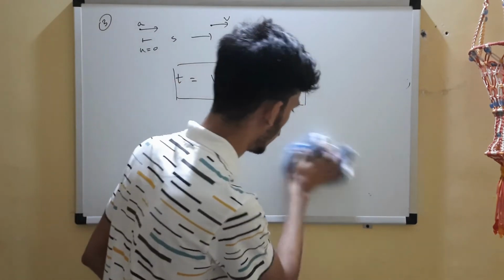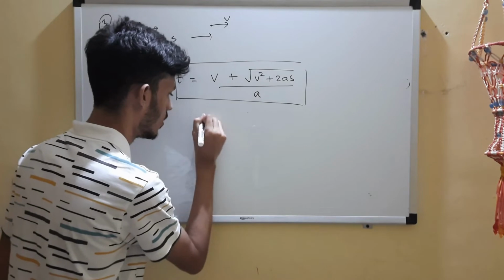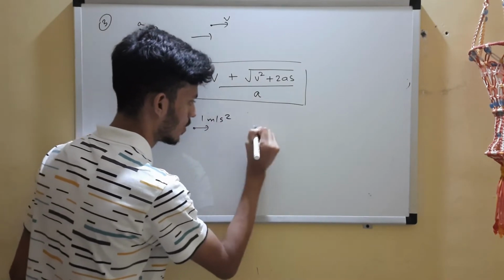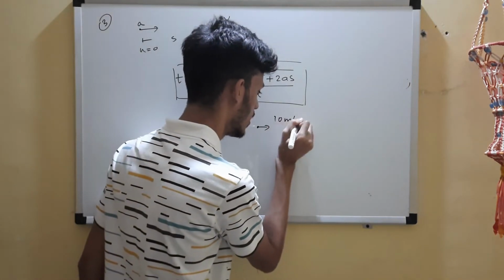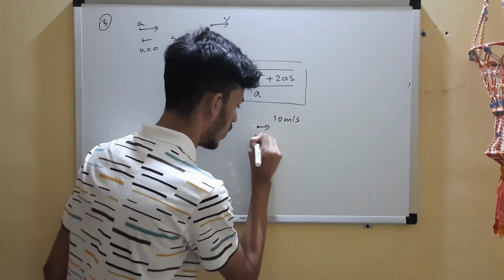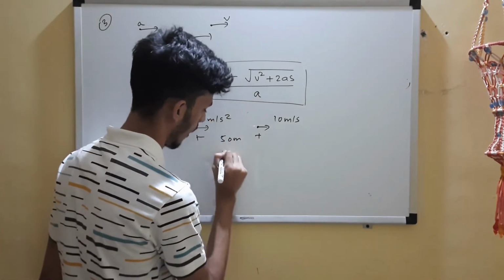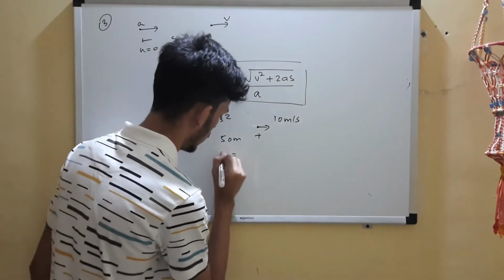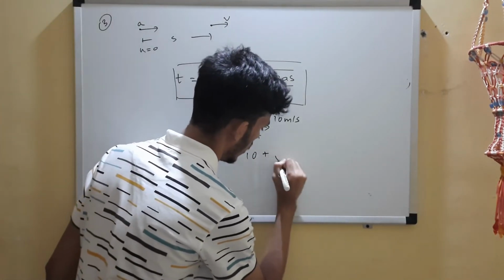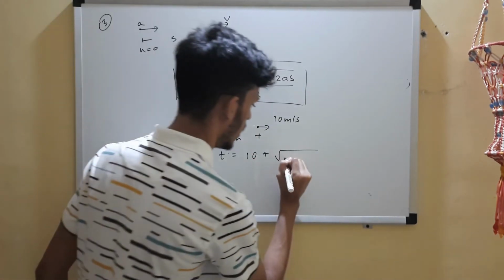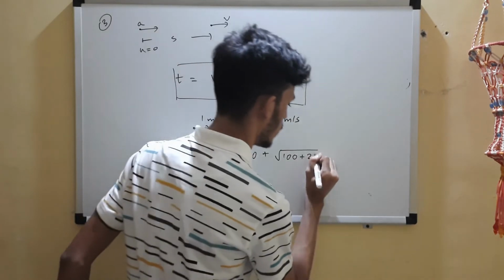Let's try one more. Yes. So a is 1 meter per second square acceleration, this is 10 meters per second, and we have a distance of 50 meters between them. So try it. Okay, so time, how will you do it? Time is equal to, let's do it. Velocity v plus under root of v square, 100, plus twice as. So 1 plus